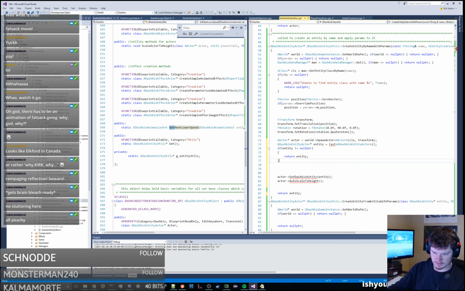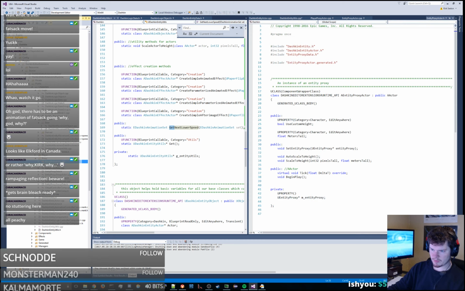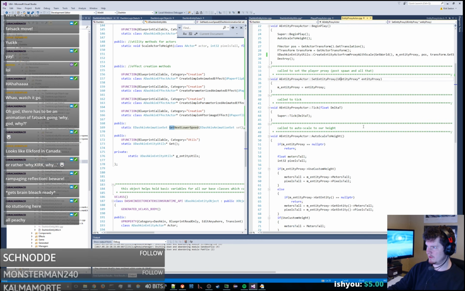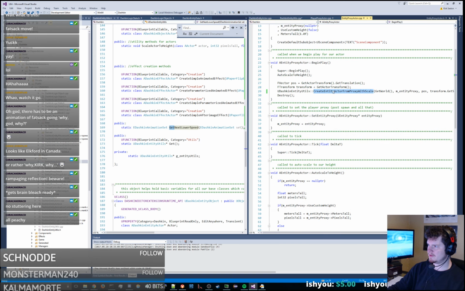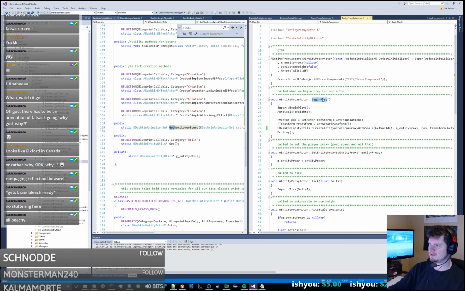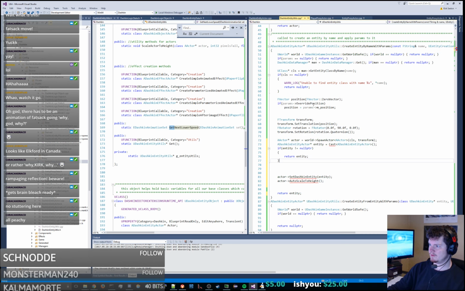Man, what a thing here. This entity proxy actor inside of its begin play calls destroying itself pretty much, and begin play is going to be called immediately. So what we should do is have the entity proxy actor need to